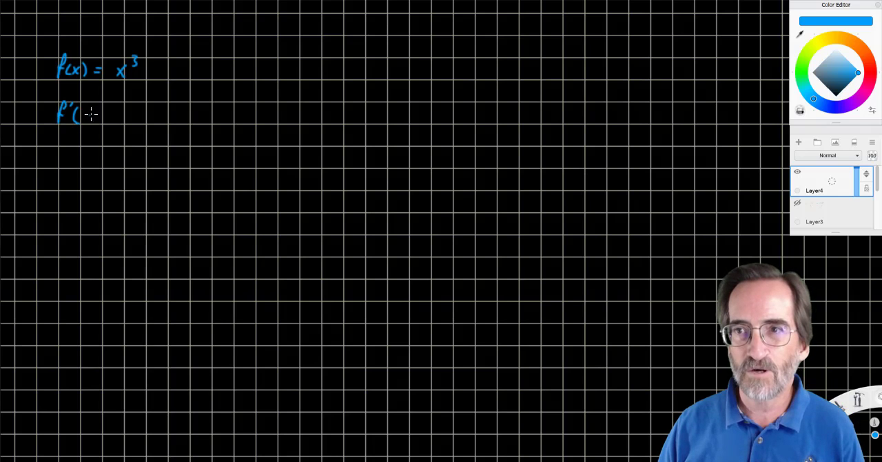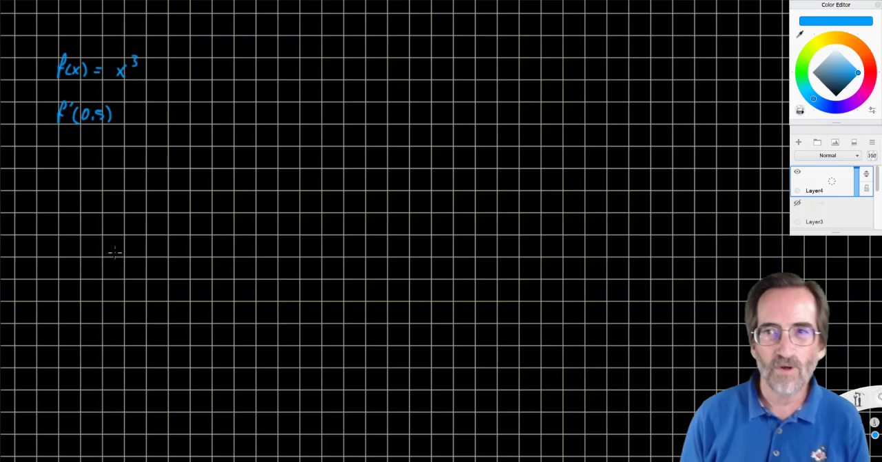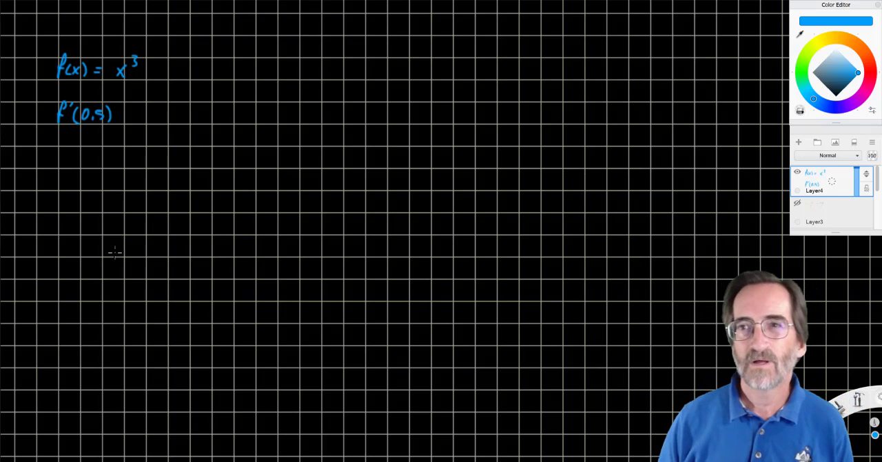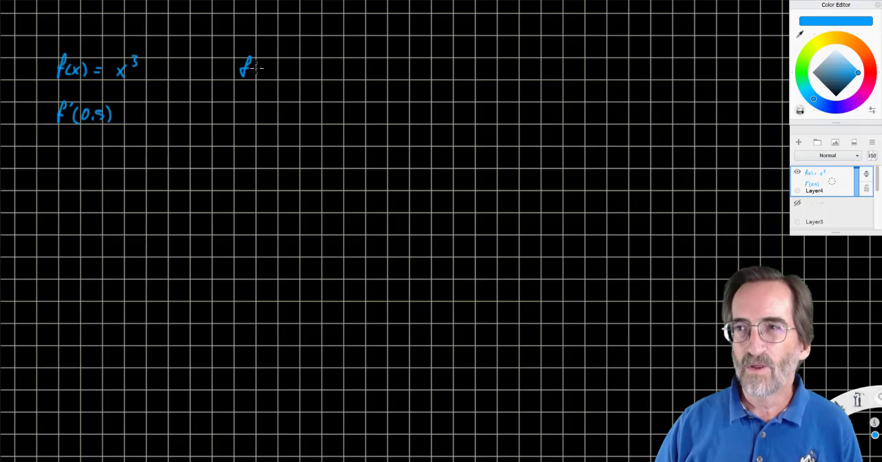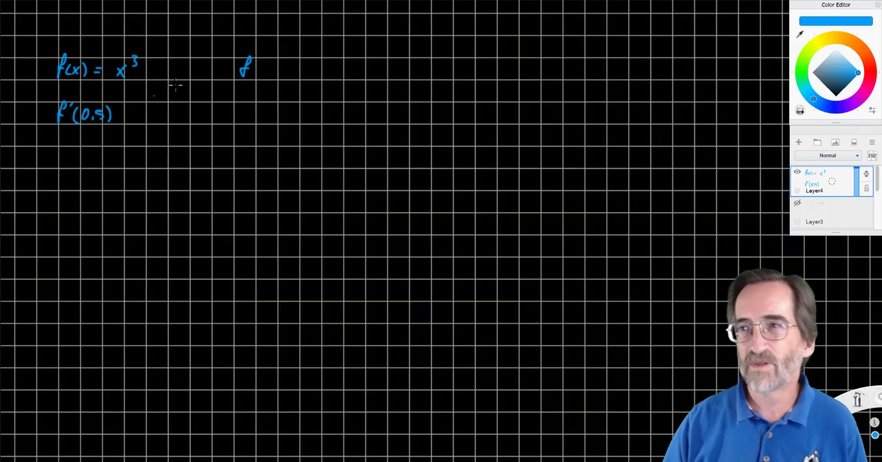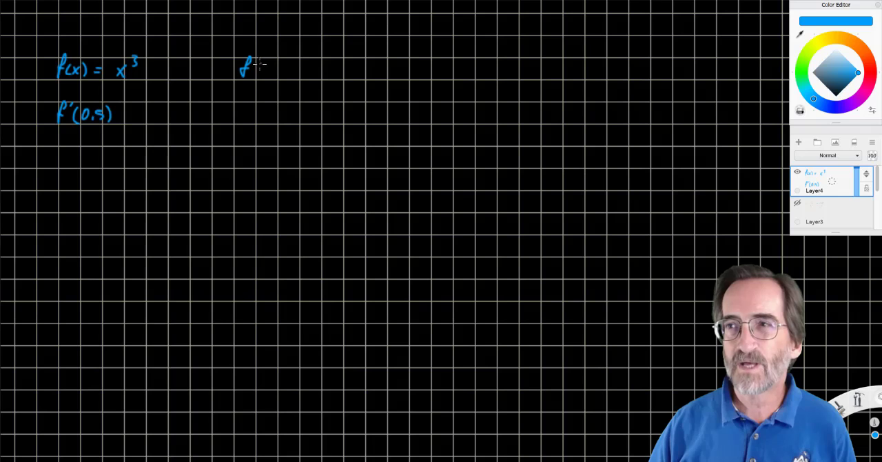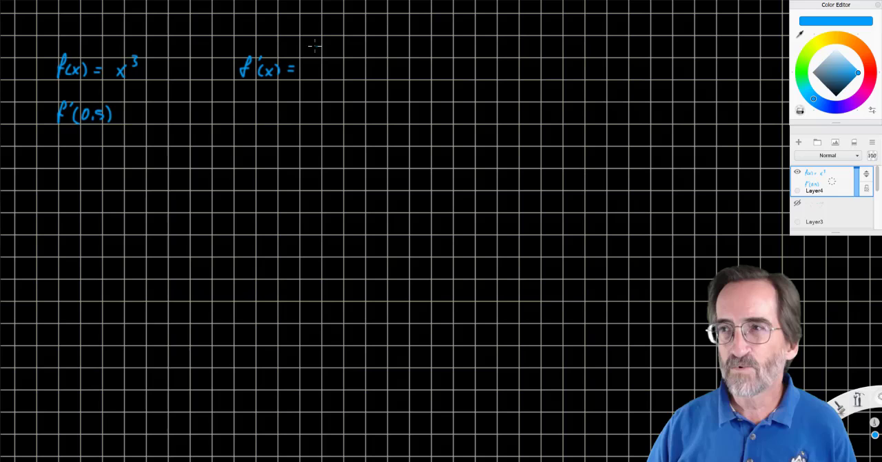The instantaneous slope at x equals 0.5. So 0.5 is what I'm interested in. By definition here, and we can do this in general as well, let's use the standard definition. We're going to solve it generally, not for the specific case, but I'm going to use it to find the specific case. So I'm going to say f prime of x equals, let's just write the definition, f of